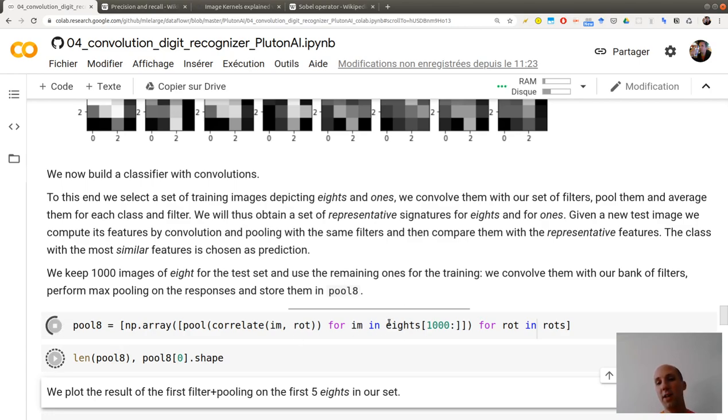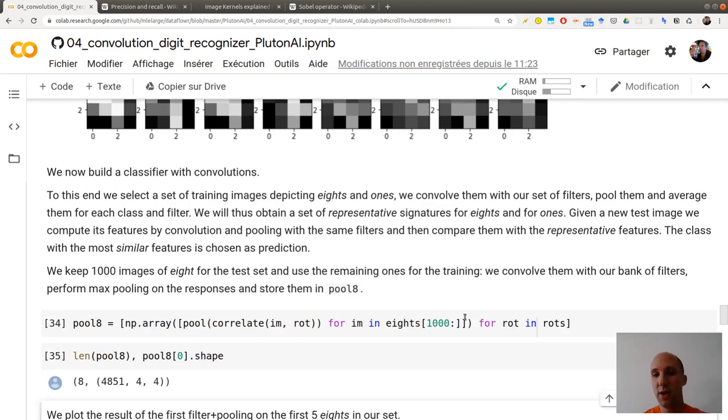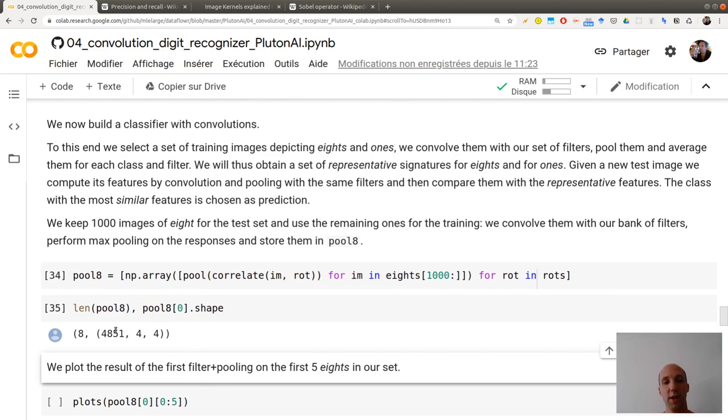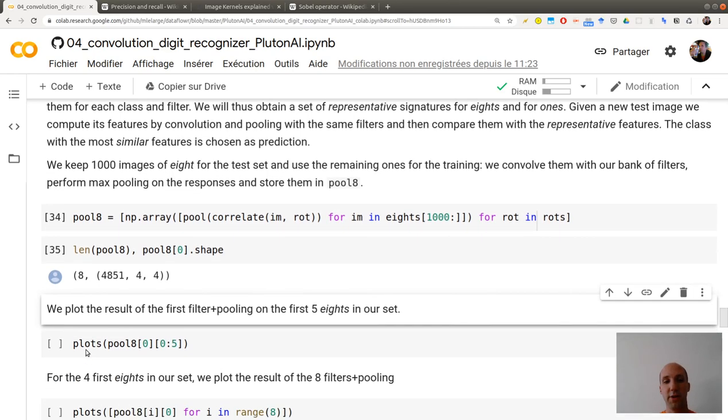For all the 8s in my training set, so I'm still keeping the first 1001 for the test set, I'm applying first my filters and then the pooling. So I'm obtaining, for the size of my training set, images of size 4 by 4, and I have 8 filters.